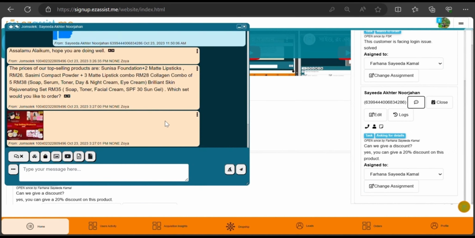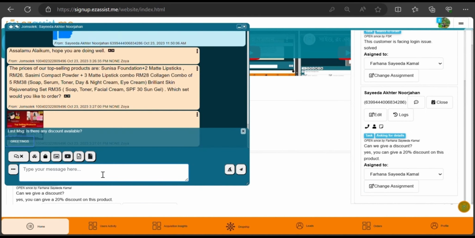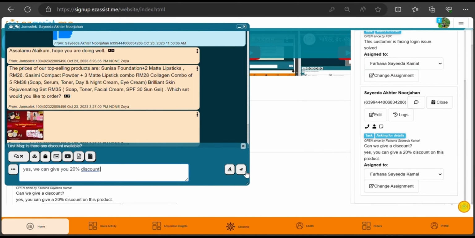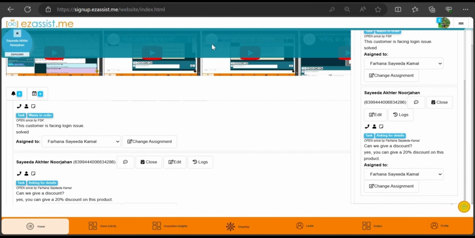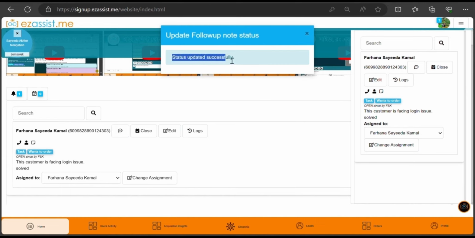and it popped up. I'm replying to the customer that we are giving her a 20% discount on that product and send it. After sending the reply, I need to close the note. You can see there is a close button. It will be closed if I close it from here. You can see status updated successfully. That note has been removed from here